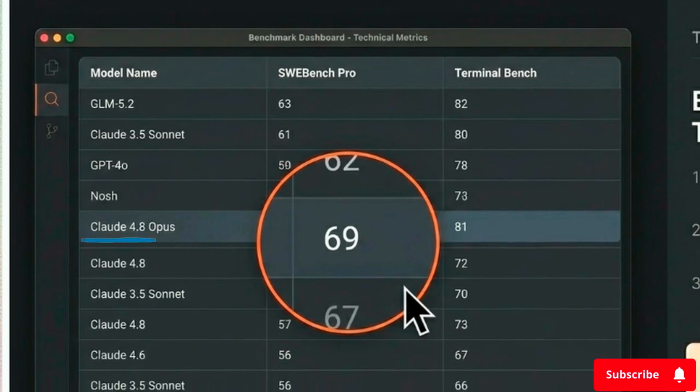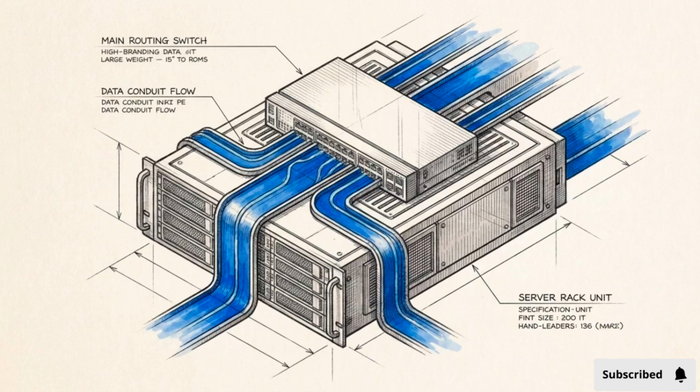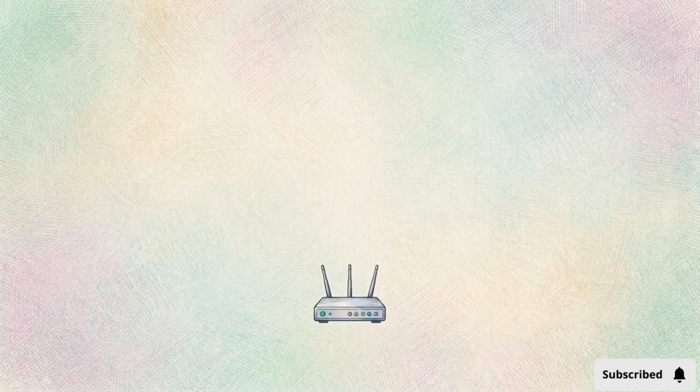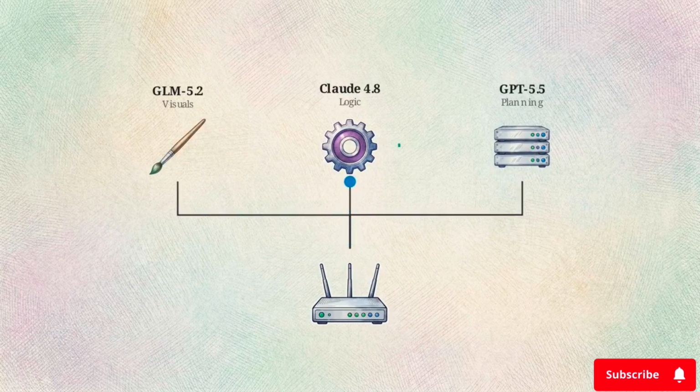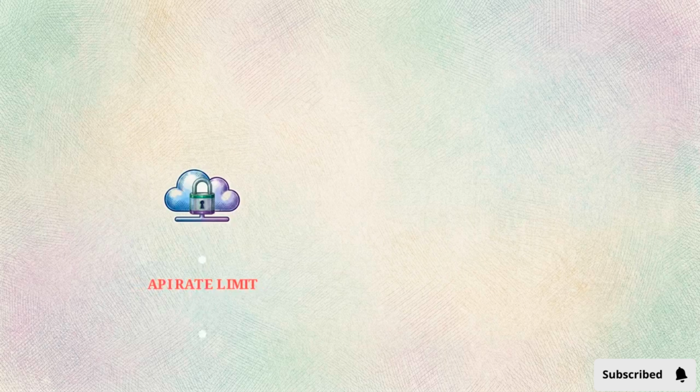This table shows the SWEBench technical metrics. While the developer community often uses these aggregate scores to declare an overall winner, like Claude scoring a 69 here, these numbers don't reveal how a model handles specific, isolated coding challenges in a live environment. Instead of searching for one perfect engine, we are going to build an automated AI router. This system evaluates your prompt and instantly delegates it to the specific model that demonstrated the highest accuracy for that